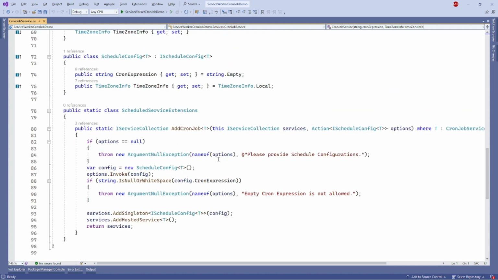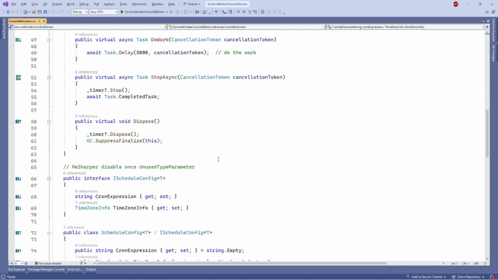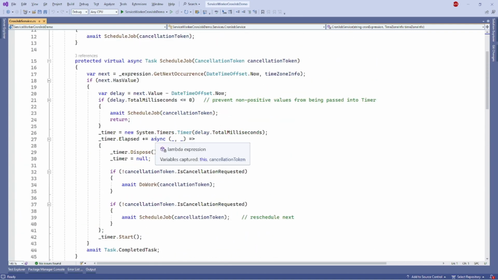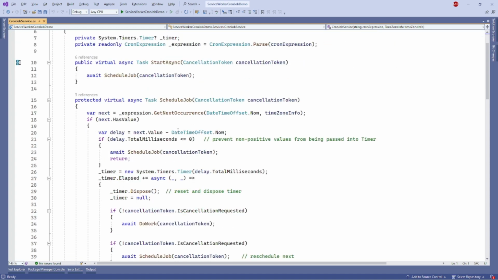So here's an example. I am using this cron job service class and having this dispose method as well. Here you can see the whole class. In this cron job, we use a timer to track the time and trigger the background task when the timer hits the schedule. So here it specifies that the type of the timer is System.Timers.Timer, which is different from the System